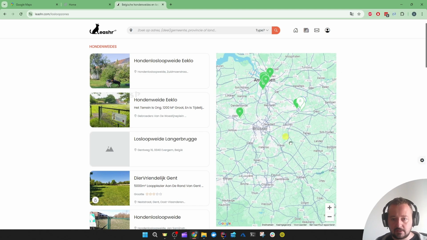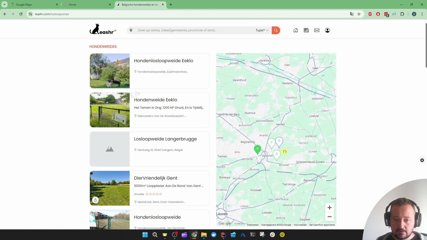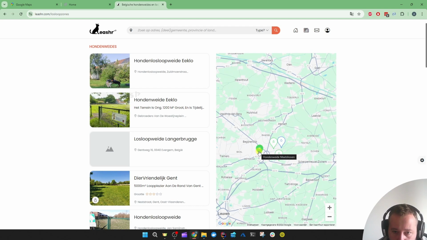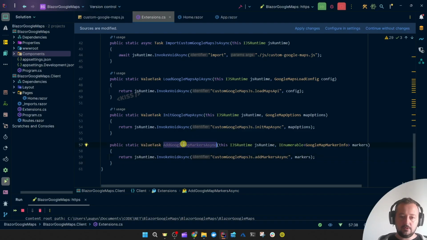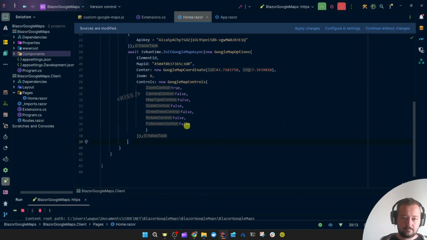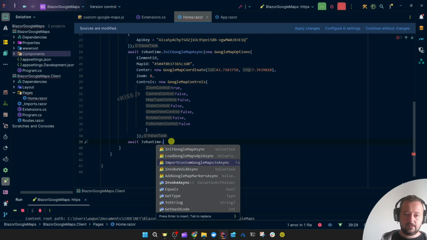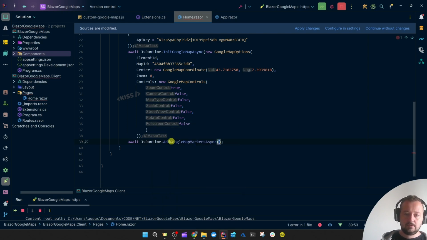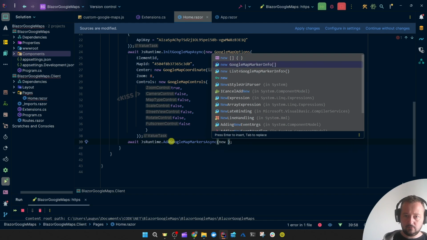If I go back to my application, see sometimes, so I've got a green background color, a white border color, a white glyph color, and sometimes I change these colors, for example, and instead of a letter, I can add in the bootstrap icon. Okay, so now we can use this method in our JS runtime add Google Maps map async, and we are going to need a new